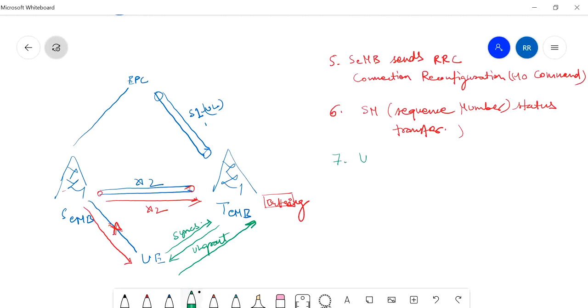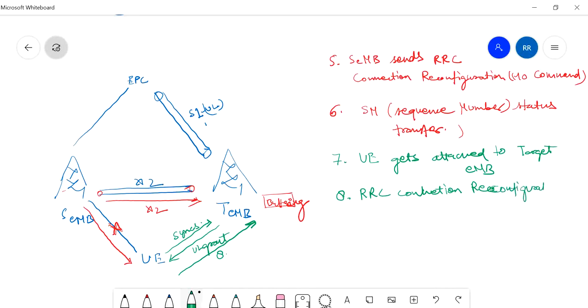Seventh step, we can say UE gets attached to target eNode B, and in eighth step, RRC connection reconfiguration complete, right? This message flows, and handover confirm message flows from UE to target eNode B, right? This is the ACK step.